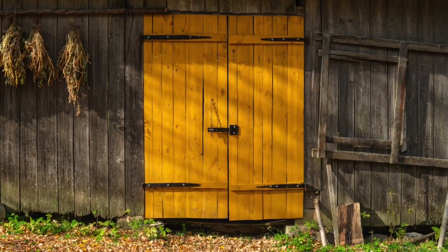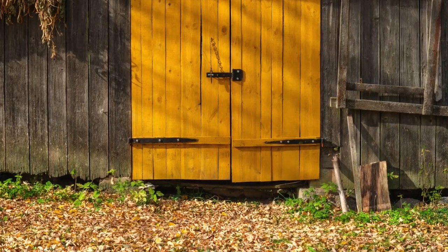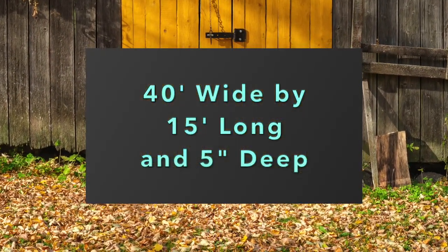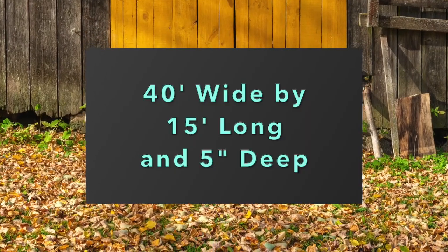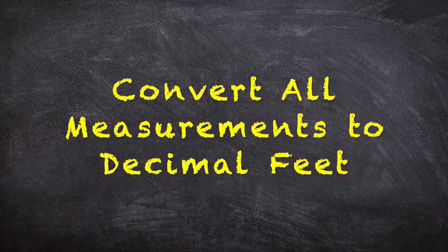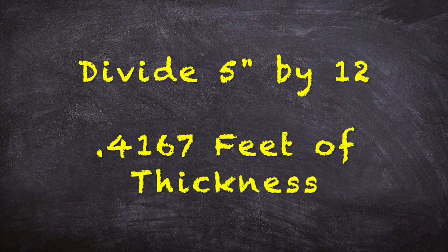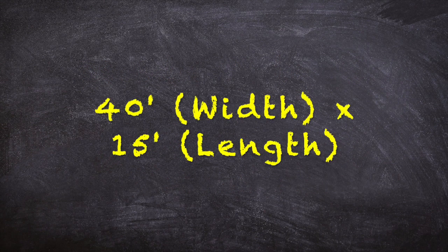For a second example, calculate how much concrete would be needed to complete a concrete pad in front of a shed that is 40 feet wide, 15 feet long, and 5 inches deep. Convert all measurements into decimal feet. The depth is the only measurement that is not in feet, so divide 5 inches by 12 inches in 1 foot to come up with 0.4167 feet. To find the volume, first multiply the width of 40 feet by the length of 15 feet to